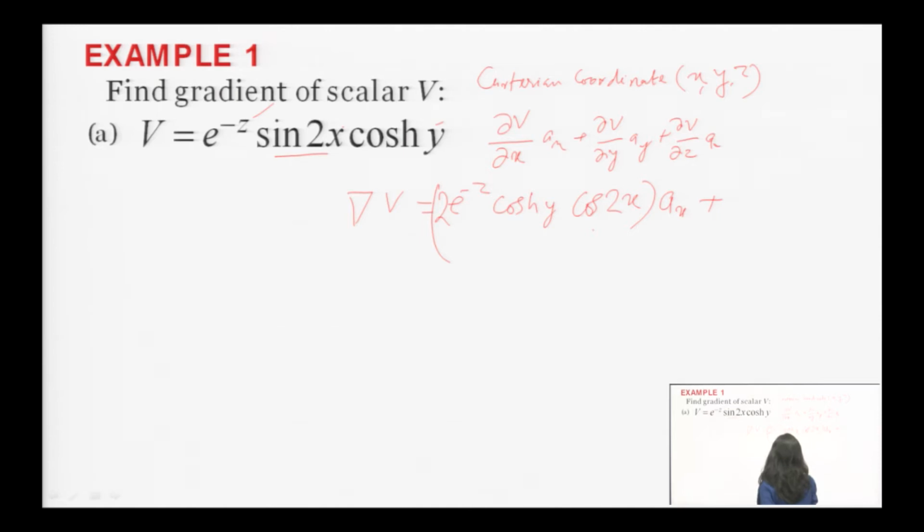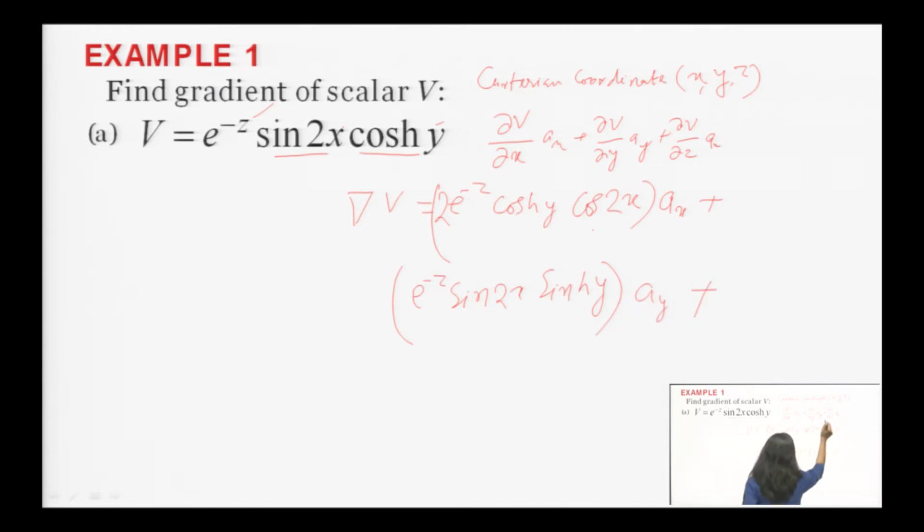plus, now we need to differentiate the scalar quantity V with respect to y. In this case all the quantities except y will act as constants. Here this term is having y, other than this these two terms will act as constants. So this is e to the power minus z sin 2x. However, the differentiation of cos hy is sin hy, and this will be multiplied with ay